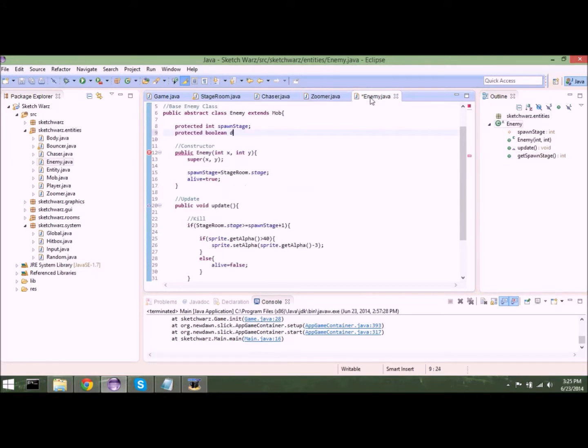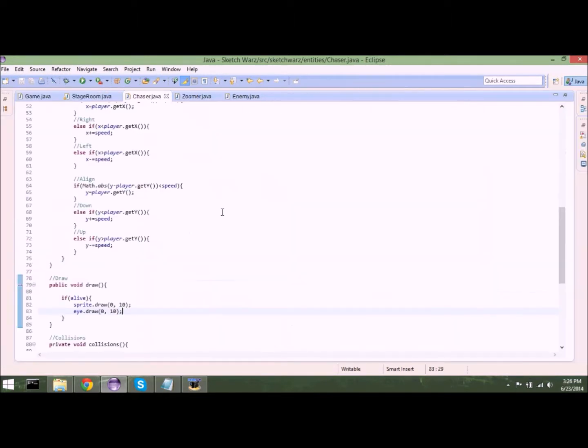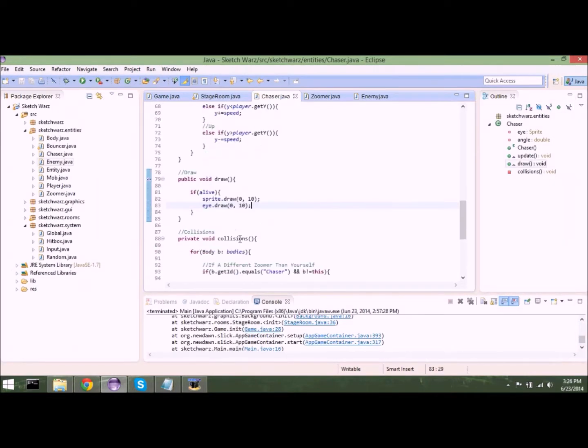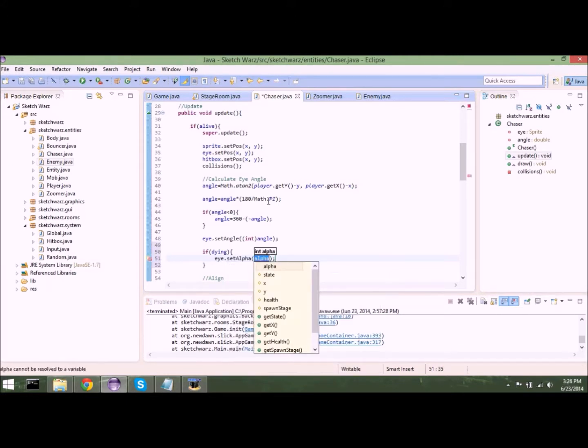So I'm gonna make a variable called dying. And then if this is going on, I'm just gonna say dying equals true. And then if dying is equal to true, I can just do it under update, I don't need to put that under draw. So under update, I'm just gonna say if dying, then, see, is it sprite cut I? Yeah, it's cut I dot set alpha, cut I dot get alpha